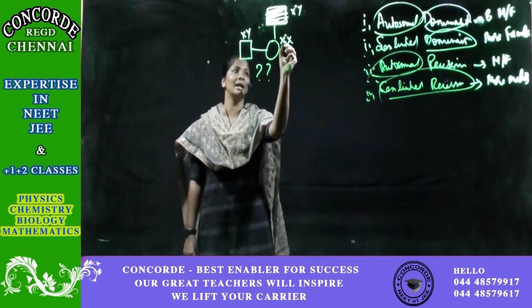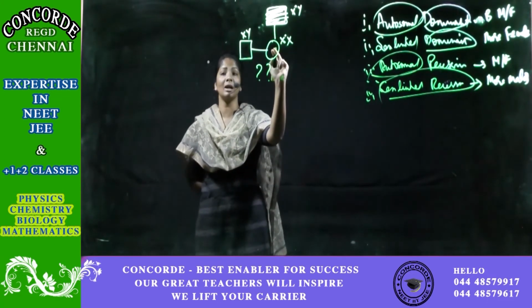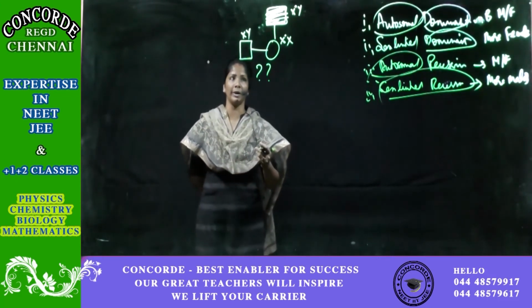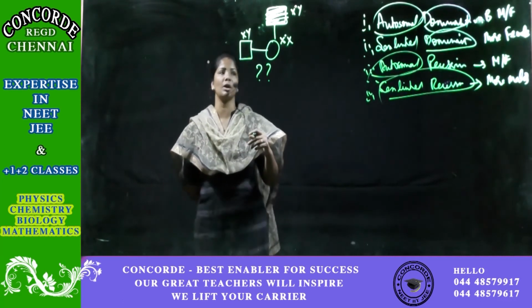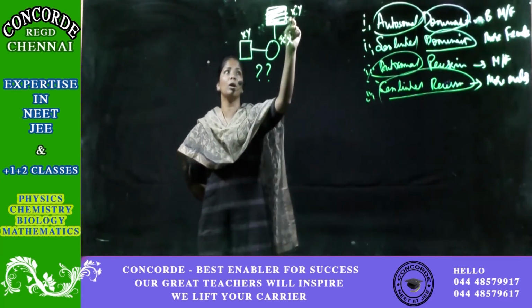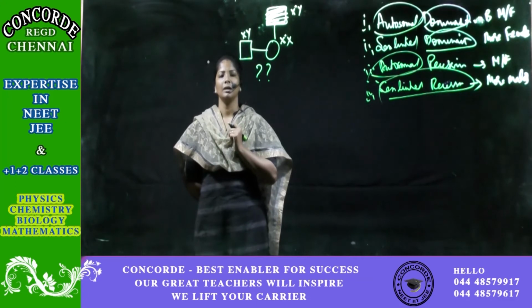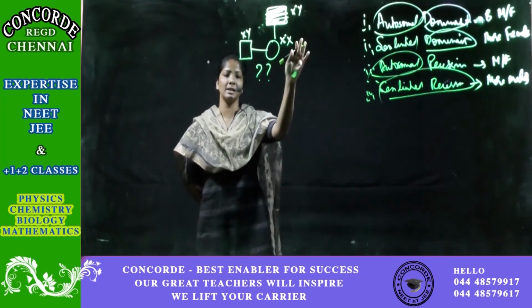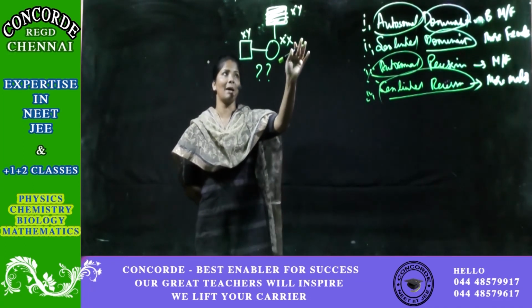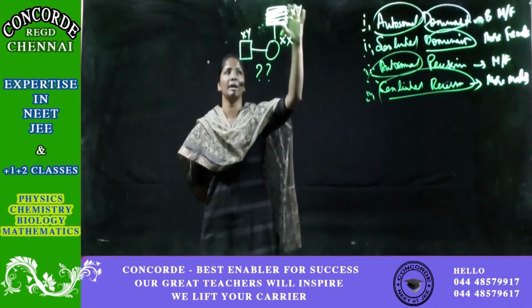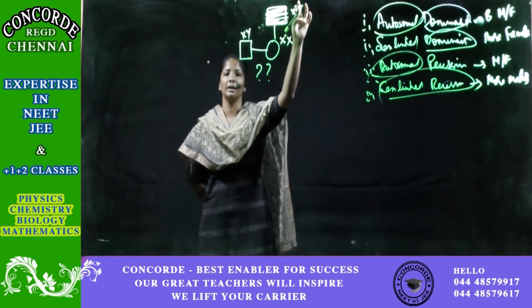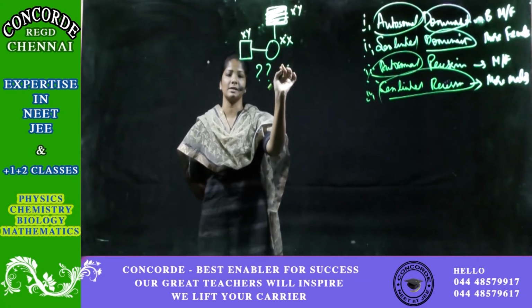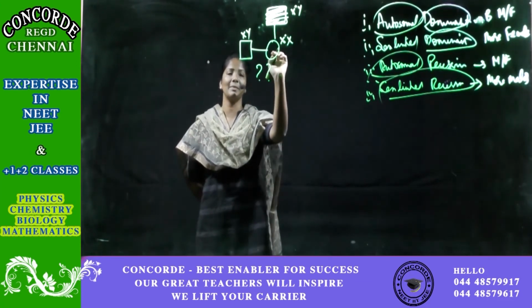Same thing, here one X is there, but this female is not affected. Why? Because this is a sex-linked recessive disorder. If it is an autosomal recessive disorder, then he will also not be affected. Clear? I'm just telling you, if the disease is autosomal recessive, he will not be affected because it has nothing to do with X and Y, correct? If it is sex-linked recessive, then it will be like this. So this female is a carrier.